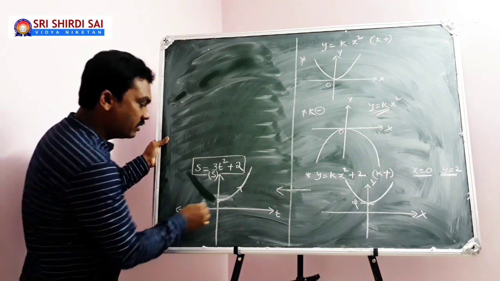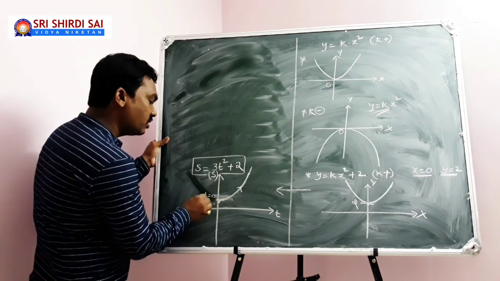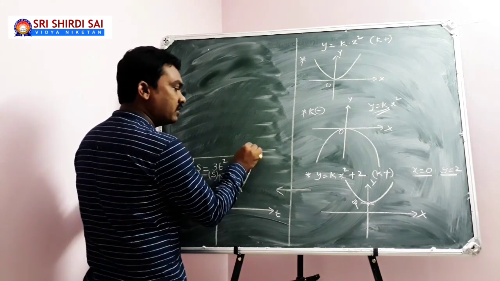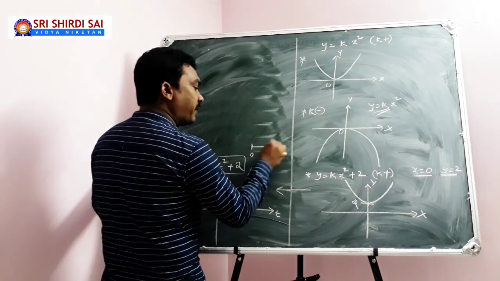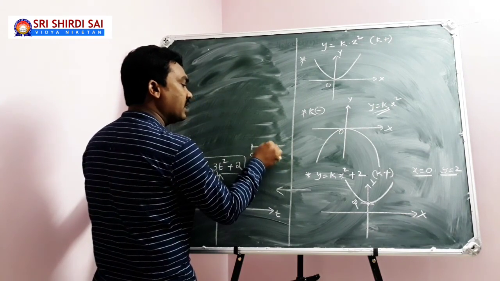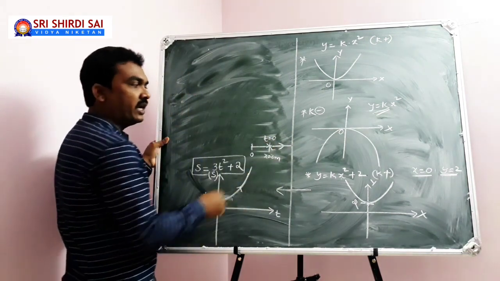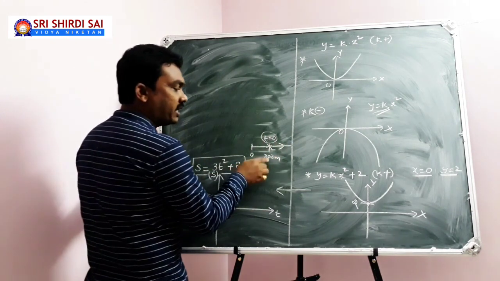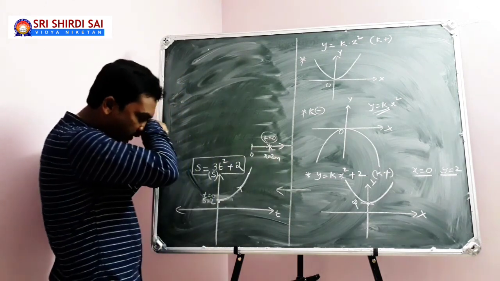And at the same time, look at this point, which indicates t equals 0, s equals 2. If this is the fixed point from which you are measuring the displacement, your particle has started here, at 2 meters. Here your particle started at t equals 0 and then moves. At the initial moment, when you started your observation, your particle or body is away from the fixed point from which you are measuring the displacement.